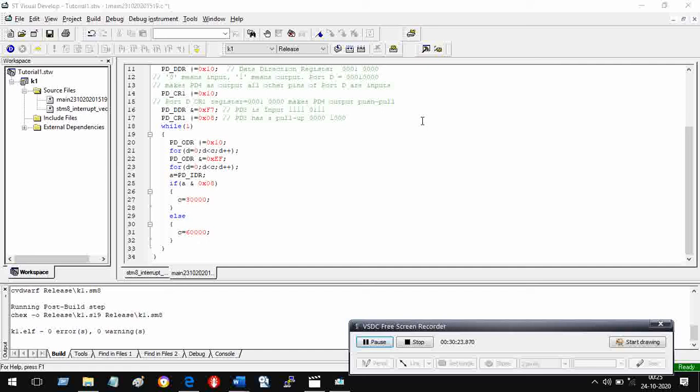Any pin can be made input, any pin can be made output, and even these inputs and outputs can have different characteristics, which can be controlled with the help of registers CR1 and CR2. So we have seen PD DDR, we have seen PD CR1. If you want to do it for port C, then you will call it PC CR1, PC DDR. If you want to do it for port B, then you will say PB CR1 or PB DDR, like that. Okay, so we will look into this in our next lecture.